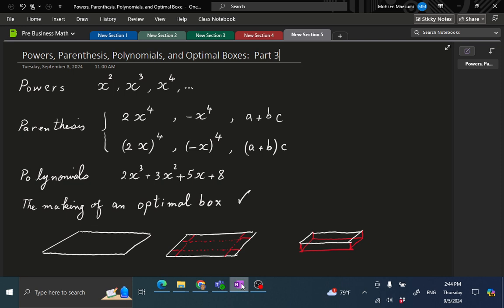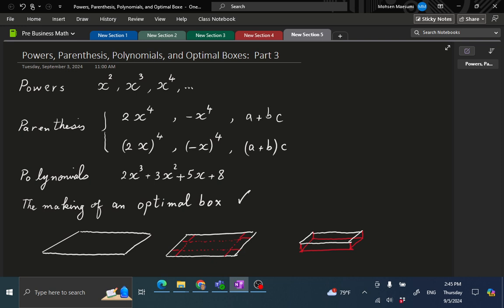Now comes a very pleasant surprise: this little bit of math that we learned here is crucial in designing an optimal box. So what was the story of the optimal box? We said that you can have a cardboard in a rectangular shape. We could go ahead and cut corners in the shape of a square and then fold this cardboard until it makes a box. Now this box has a certain volume,